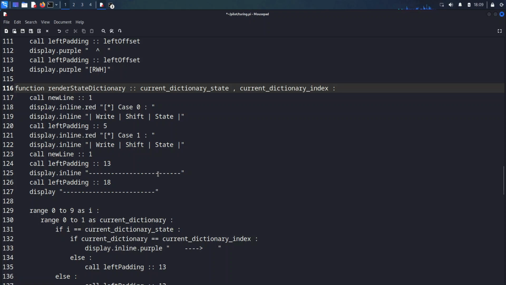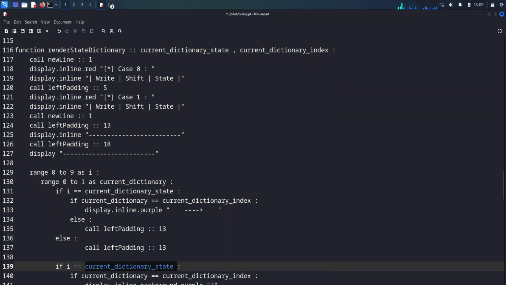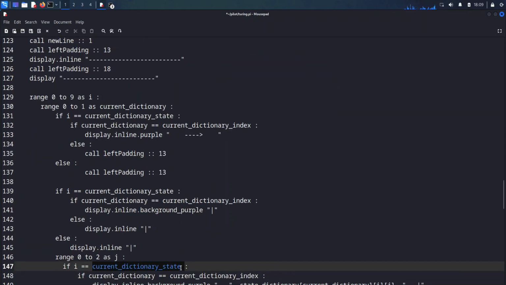Wait. No, one second. Current dictionary index, not current dictionary index. We copy this, get rid of this entire stuff, and 4 occurrences, right? 1, 2, 3, 4. Right, okay. Dictionary row,